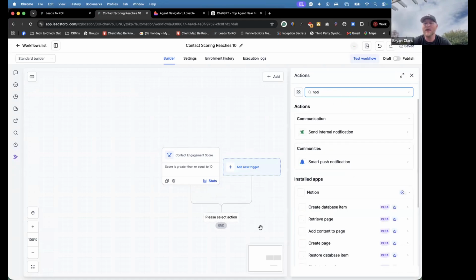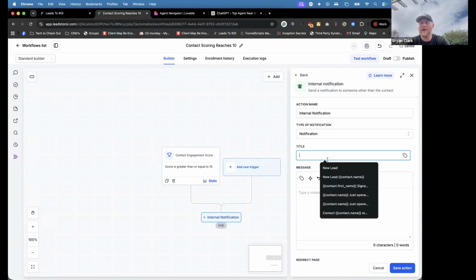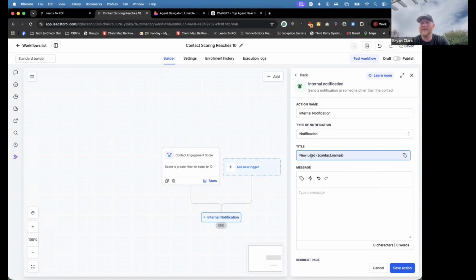The next thing I'm going to do is send an internal notification. I'm going to send this as an app notification, because I don't want to incur SMS costs or email costs with the system. I just want to ping the mobile app. So for here, instead of new contact, I'm going to say contact name, so that it's different for every contact that comes through. Lead score 10,